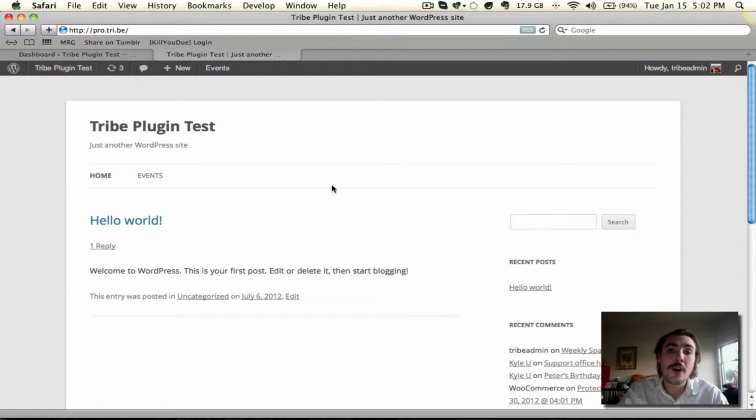I'm not going to be going over all the functionality of the plugin, but instead I'm going to be going over those features or changes that we've made that we would specifically like you guys to focus on in your beta testing. That doesn't mean you shouldn't test the plugins in full. We would love to have feedback from people who have tested every aspect of the Events Calendar and of Pro,